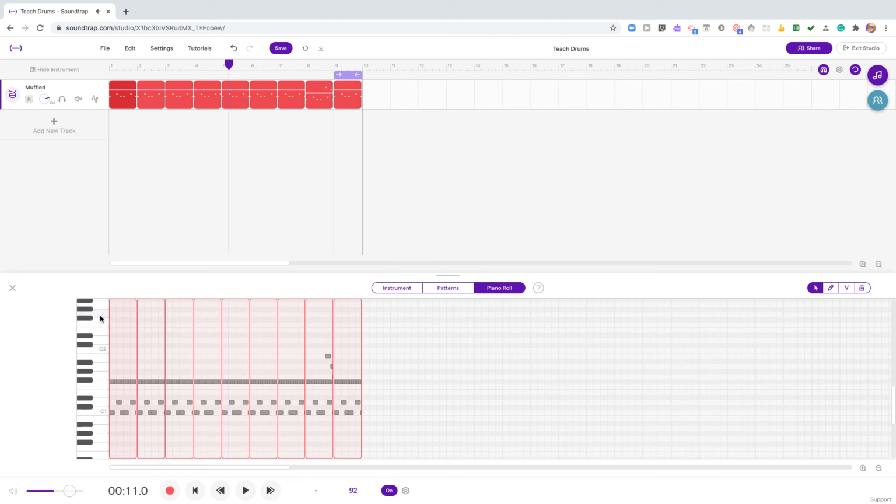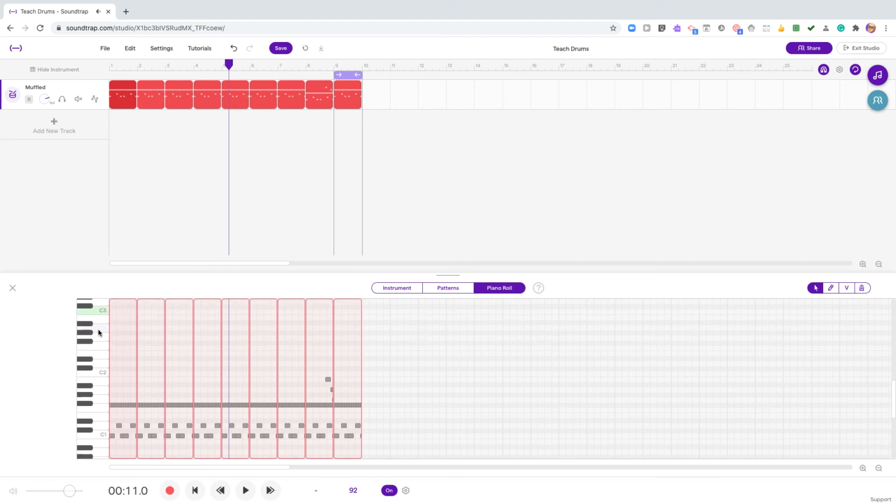Okay, there's some stuff coming up here. So what I'm going to do is, there's a lot of different things we can do here, but for this one, let me zoom in,